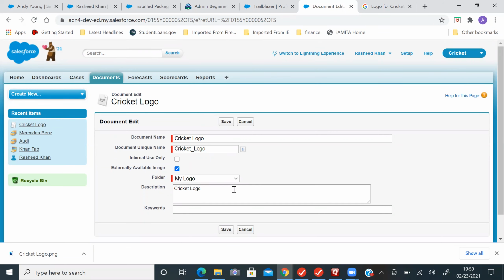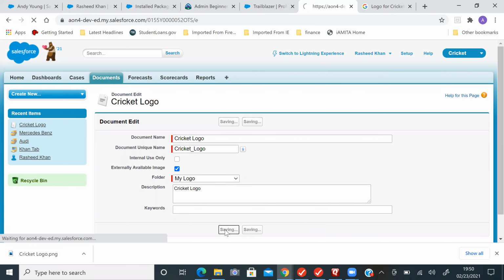But what if you want to share with internal and external both? No, internal user is for the Salesforce inbuilt. If there is any inbuilt application of the Salesforce standard, it will be used. Here we are using this check mark as external available because we are using it for our custom application and we are using the external document. So that is the reason we are clicking here external available image. Click on that and after that we will see whether it is taking or not.